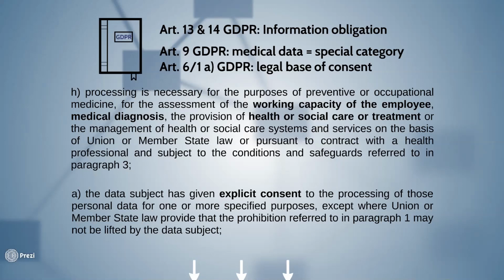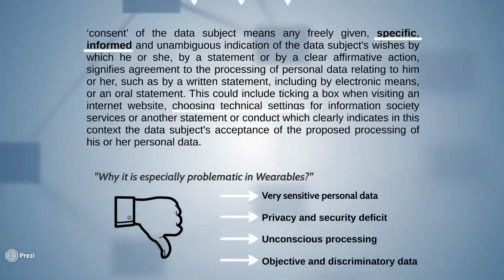And on the screen, you can see one of the legal bases on which you can process special category medical data under Article 9 of GDPR. So it's, for example, for the working capacity of an employee, medical diagnosis, health or social care, and so on. And down there is explicit consent, which is required for medical data. But usually data are not a special category under Article 9, but are, let's say, normal. In this case, you still need consent to be freely given, specific, informed and unambiguous, which is problematic